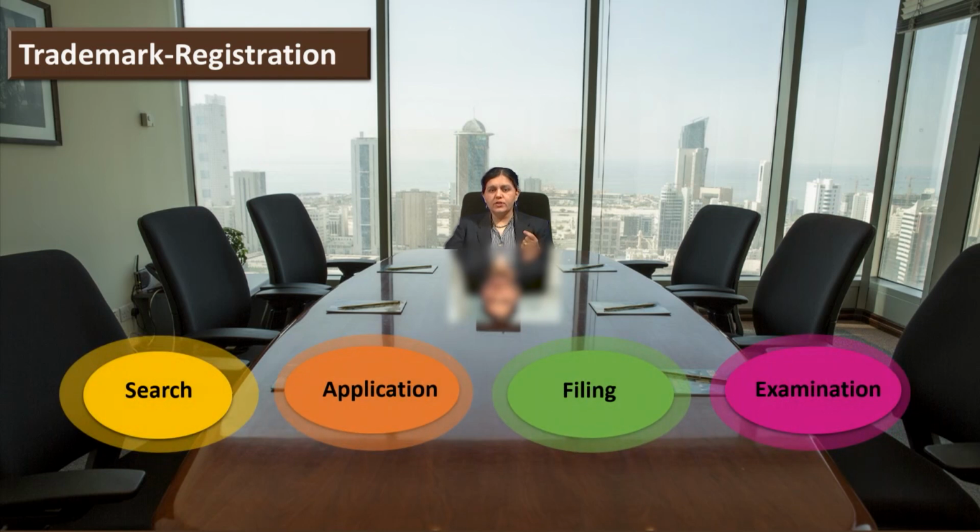Okay. So, you can spend some time and watch that video, and it is on a WIPO website. You can also read the information about the Madrid protocol. Now, to summarize this module, you just check that you have followed search, then application, then filing and the examination. So, 4 steps we have followed: search, application, filing and examination.